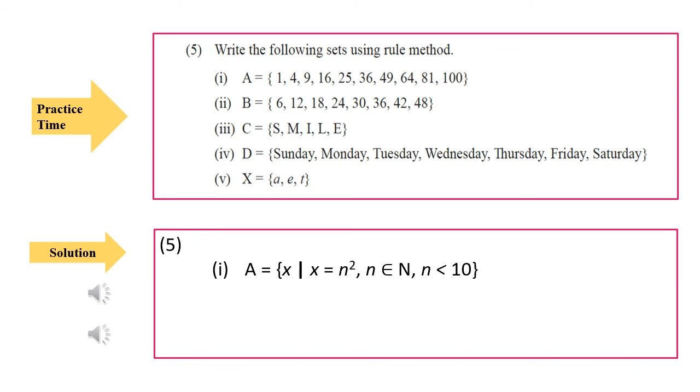Next is B is equal to 6, 12, 18, 24, 30, 36, 42, 48. Yes, you're correct. These are multiples of 6. So here again we will write x such that x is equal to 6 multiplied by n, where n is nothing but natural numbers and these natural numbers are only less than 9. So this is how we write down our